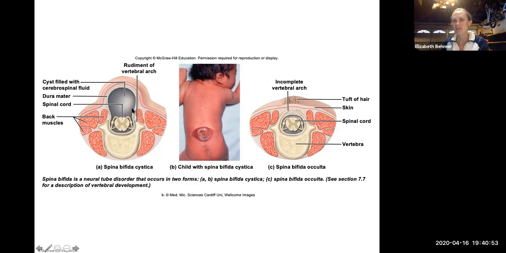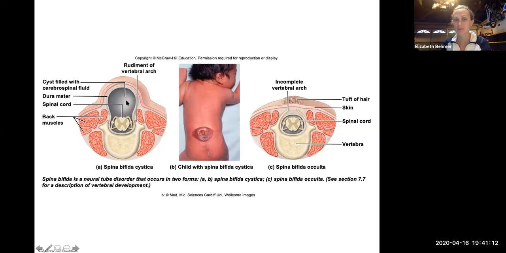So instead of that vertebral arch forming, you might get a cyst filled with cerebral spinal fluid. That cyst can then come to the outside of the body, as you're seeing in letter B, a child with spina bifida cystica, where the vertebral arch does not form at all, so it forms a cyst filled with